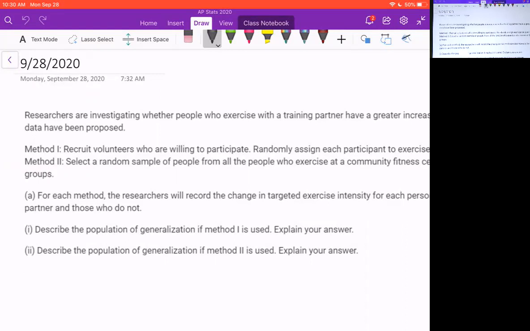So the test is going to have 10 multiple choice, all from unit 3, and free response, kind of like this kind of thing from unit 3. So there will not be any unit 1 or unit 2 material on the test. It will be all unit 3, and what you will see is 10 multiple choice and 2 free response. If you figure free response is supposed to take a maximum of 15 minutes, probably more like 10 to 12 minutes in reality, that gives you plenty of time to do 10 multiple choice.